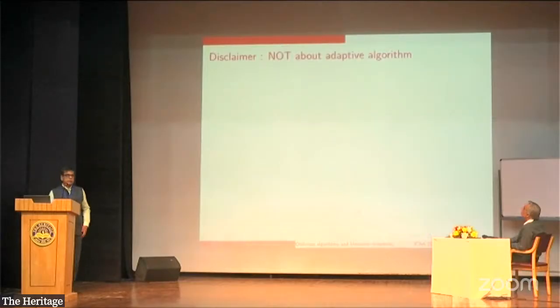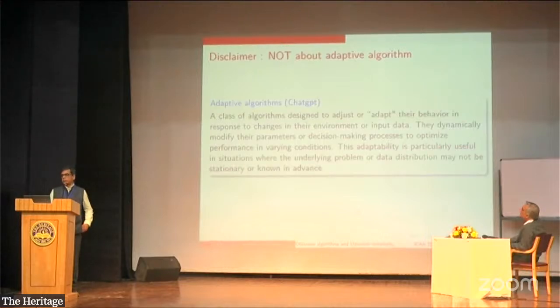Okay, so let me first make it clear that it's not about what is sometimes referred to as adaptive algorithms. Adaptive algorithms is a term that comes more from, well, here is the ChatGPT definition of adaptive algorithms: everything is now supposed to be intelligent, including algorithms. However, there's a caveat that the algorithms are designed by the sharpest of minds, and there is a lot of